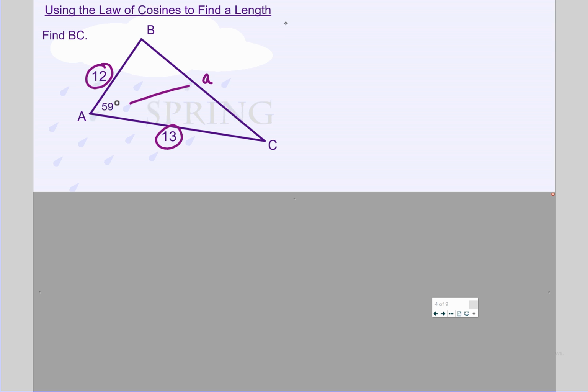All right, I'm going to write down the formula here for you one more time. c squared equals a squared plus b squared minus 2ab cosine of capital C. Don't get too hung up on the a, b, c stuff, because I can call this triangle whatever I want, right? I can call it DEF if I want to. So this triangle doesn't necessarily match up with the letters in the formula. What you need to worry about is that your c's are the opposite pair that you have in the triangle, which are the 59 and the lowercase a